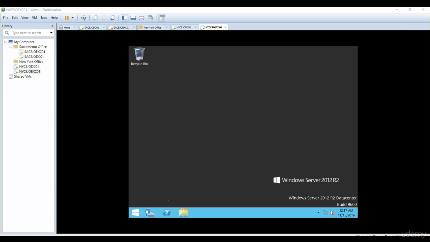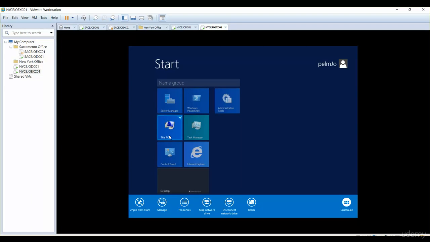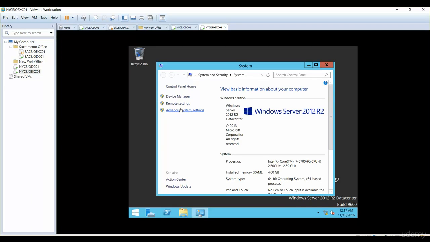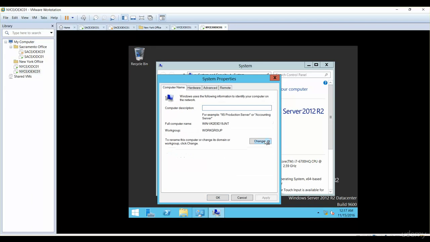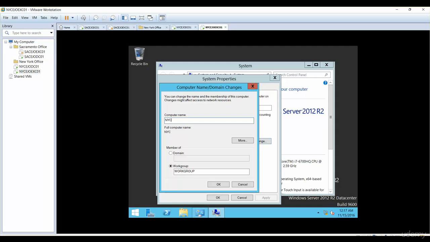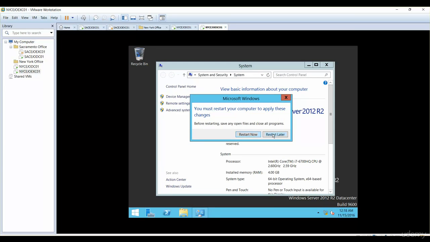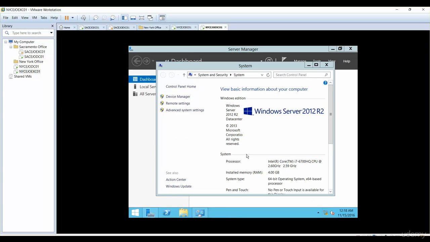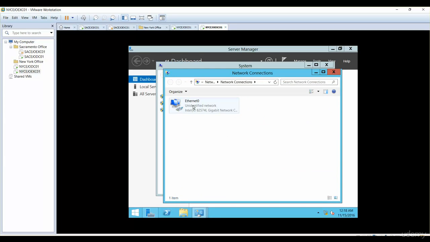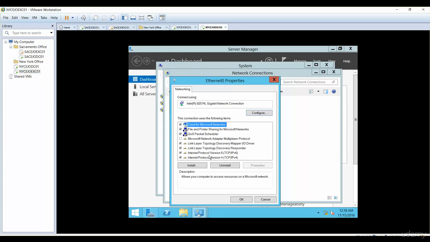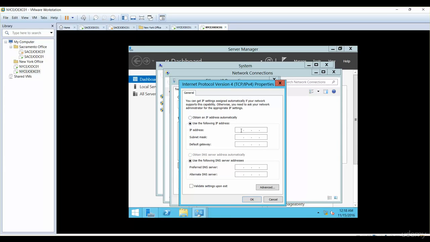Alright, the server is restarted, and we can right click on the computer to rename this. The first step is the naming convention for us. So NYC EJO EXC01. This is going to be the computer name for this operating system. Restart later. I will simply go to connections, change adapter settings, properties, and then TCP/IP version 4, and the IP address is 10.10.254.61,